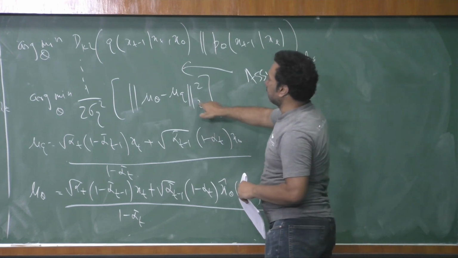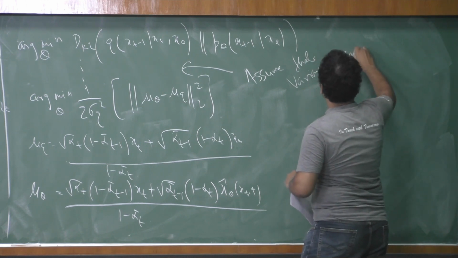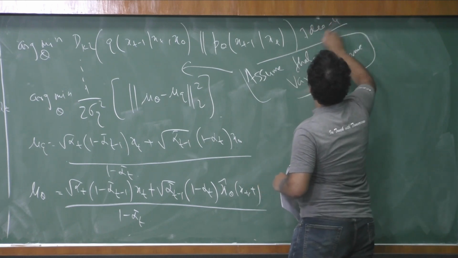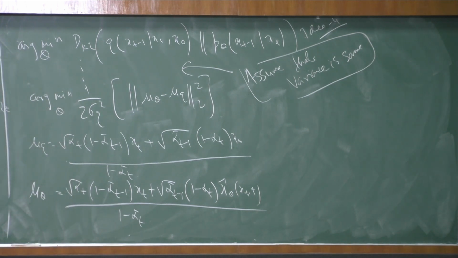That's why the variance term got cancelled when you took the KL divergence. That the variance is the same was also a key idea here. You wanted the variance to be the same so that it gets cancelled, and hence you only have the difference of the mean. Basically, you want to learn the mean of the denoising process. So then the explicit expressions for mu are known, and you are thinking, what should be my prediction of the mu q? Given I am at xt, what should I do to predict the denoising process